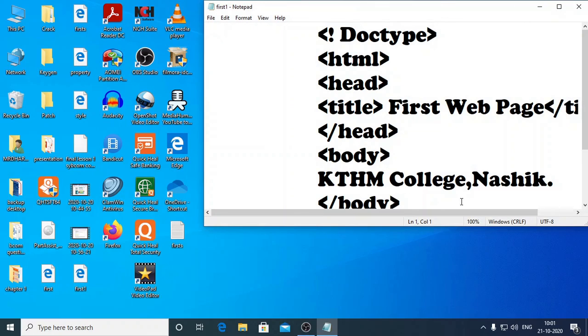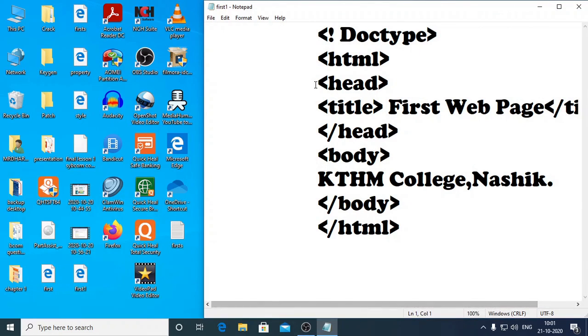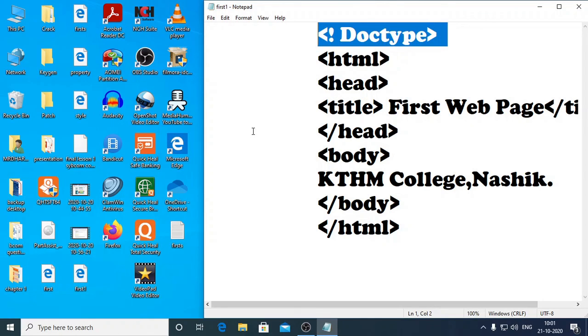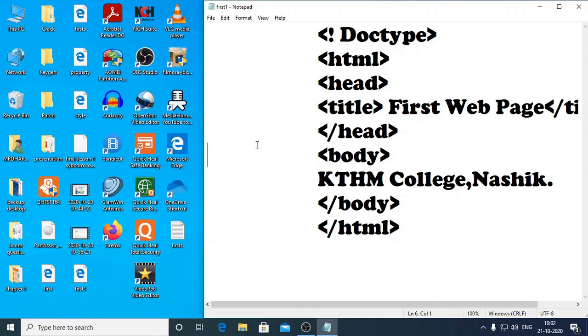Here your browser window is divided into two sections: head and body. Since it is an HTML document, you are letting your browser know by putting the command HTML. With this command doctype, you let the browser know that this is an HTML5 document. This is your body section. Into the body section, you have put this particular text. So for the time being, you have understood how to write the program.